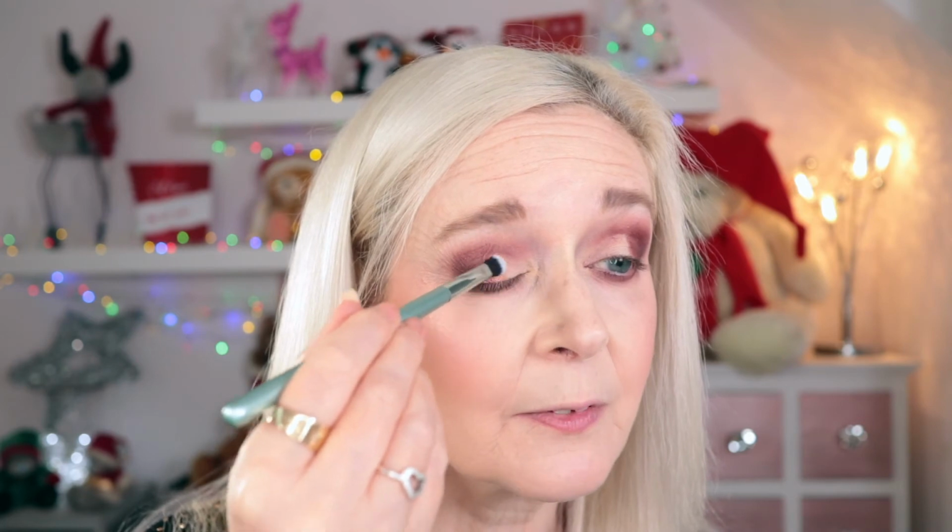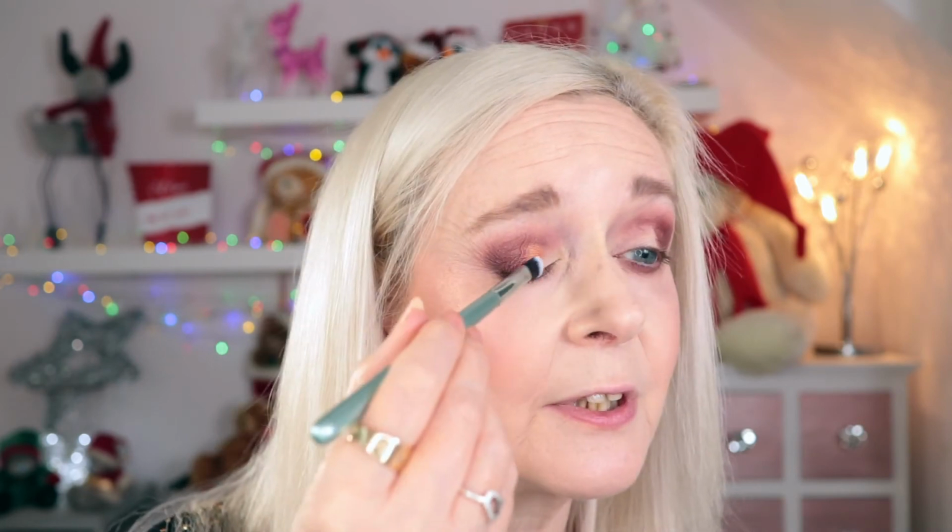I'm just going to kind of move along the line, nothing revolutionary. Yeah, this is subtle, classy kind of makeup. Not super foiled, not out there, but really, really smooth. You can tell it's expensive. So for the inner part of my lid and kind of going onto my lower lash line a bit,